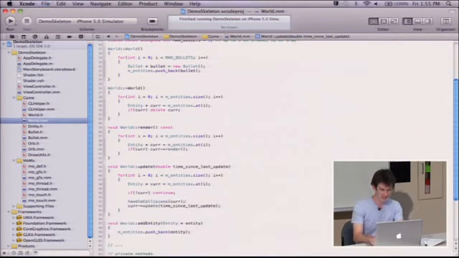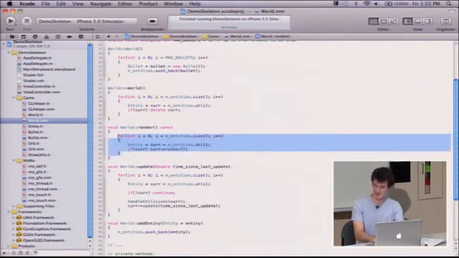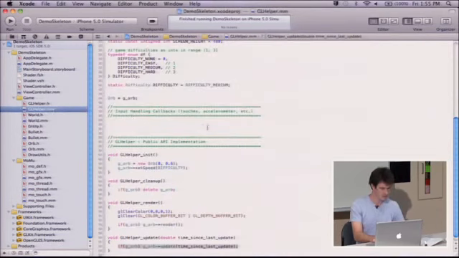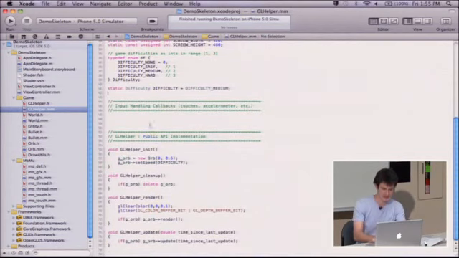So this is nice. This update method now handles updating for every entity in our entire world. And the other render method does the same thing. It just renders all of the entities. And then back in our GL helper file, rather than do this messy orb business here, we're just going to